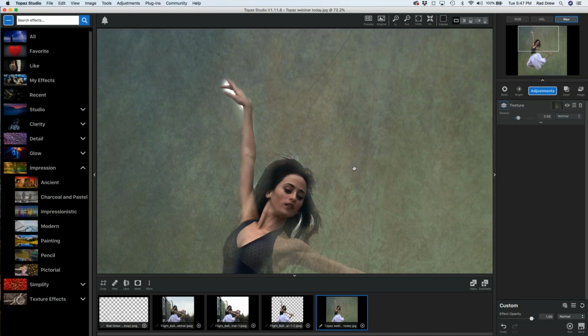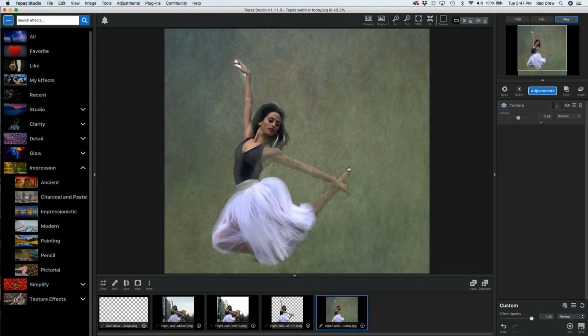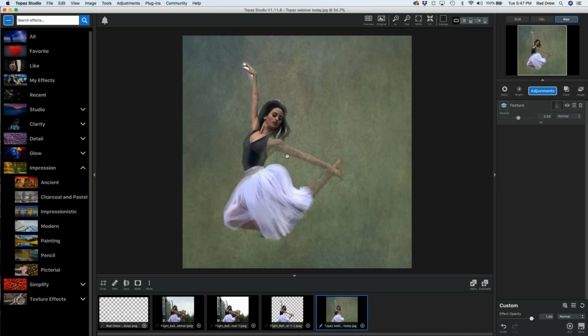So now there's our mask partly done. I'm not going to finish it, but you get the idea. You can clean up that and have her now on this beautiful background with this texture that you've created, and it's awesome. The next thing that I'm going to show you here is this other tool with AI